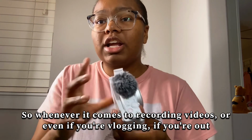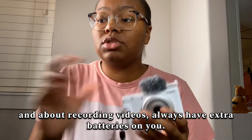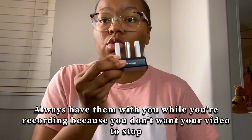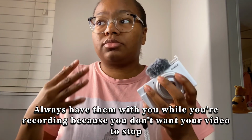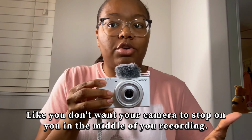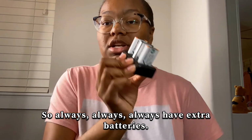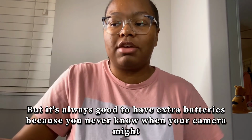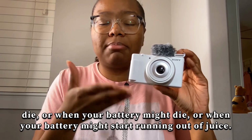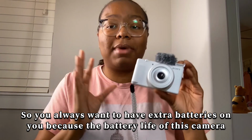Whenever it comes to recording videos, or even if you're vlogging, if you're out and about recording videos, always have extra batteries on you. Always have them with you while you're recording, because you don't want your camera to stop on you in the middle of recording. It's always good to have extra batteries, because you never know when your battery might die, or when your battery might start running out of juice. You never know. So you always want to have extra batteries on you, because the battery life of this camera